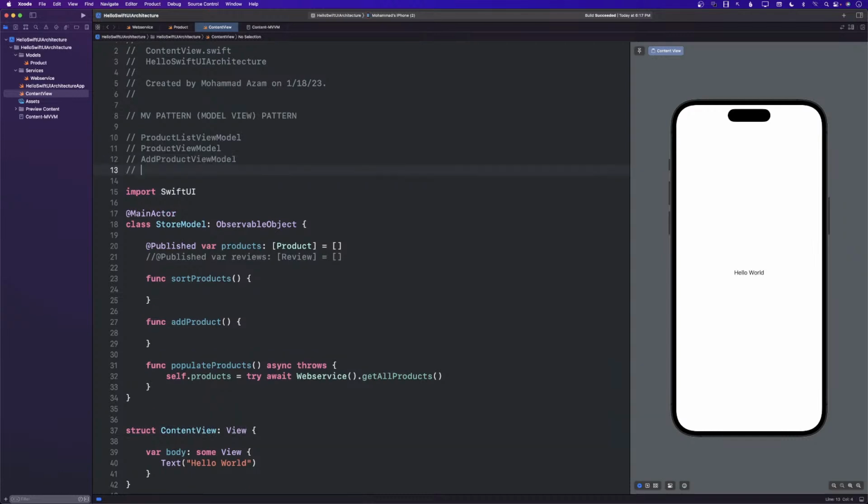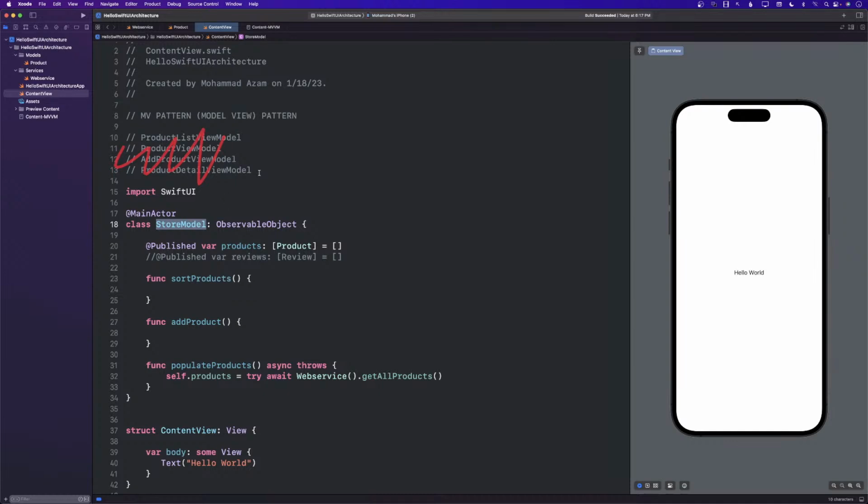And if you can see the details of the product, it will be product detail view model and so on. So you can see that you have to create like 4 or 5 different things. What MV is suggesting is that you don't really need that. In most cases, you don't, because if you can create a store model or whatever common model, then that can accommodate all of your needs. So that's the first thing.